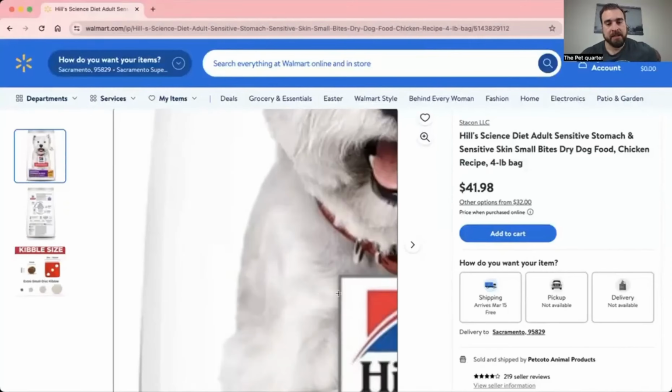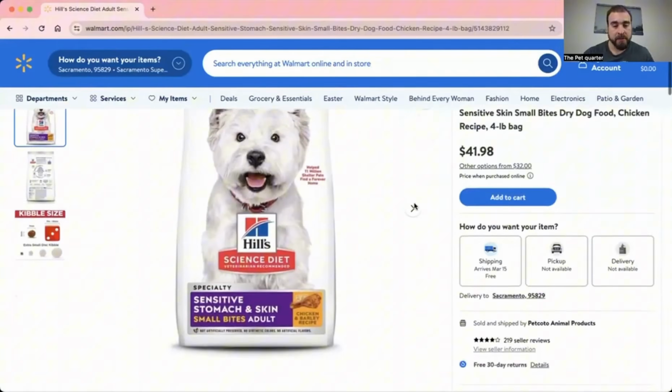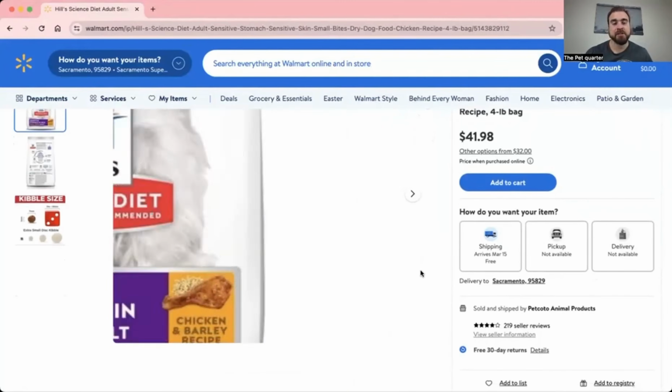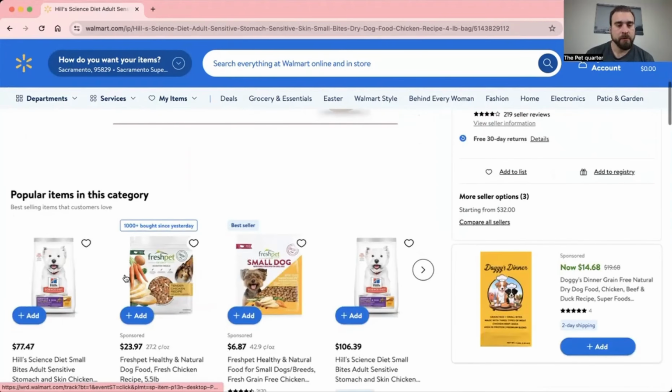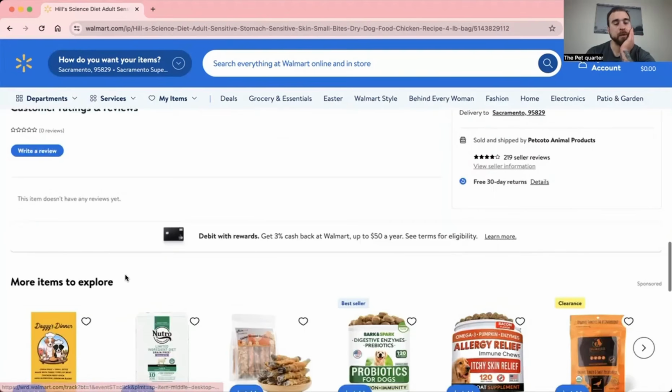So we have a dog food that is for sensitive stomach and skin. If your dog has a sensitive stomach, some sort of gut disorder, microbiome disorder, or skin pruritus dermatitis, which is the inflammation of the skin, you might be drawn to Hills because it has been veterinarian recommended. Now, the ingredients in Hills will be